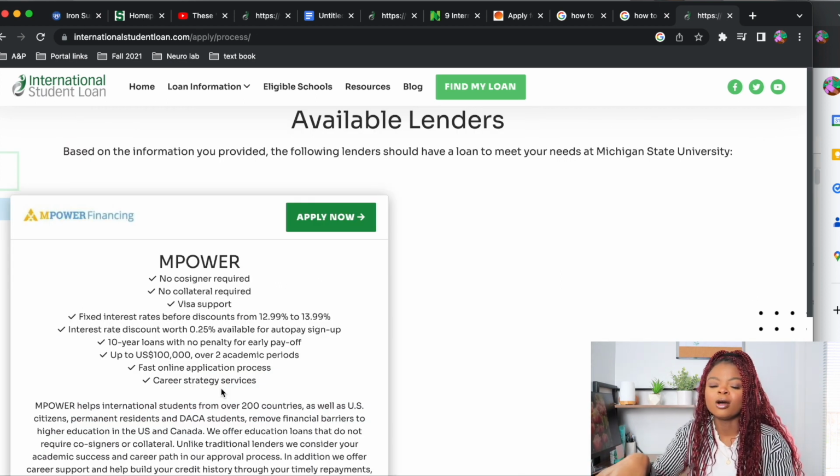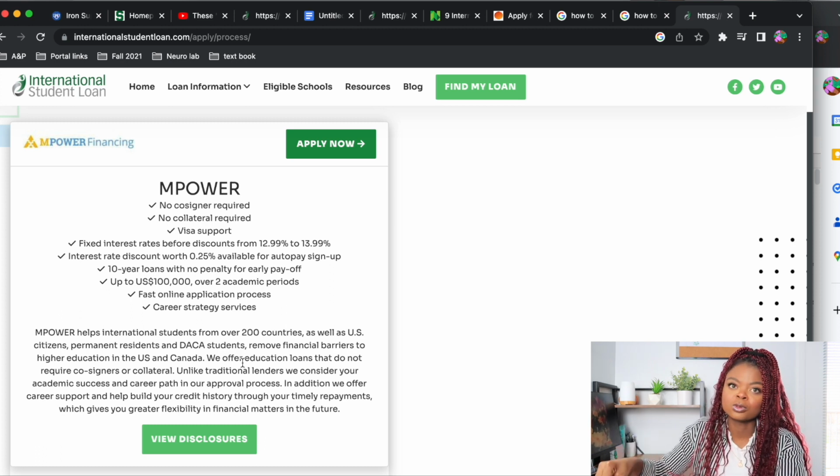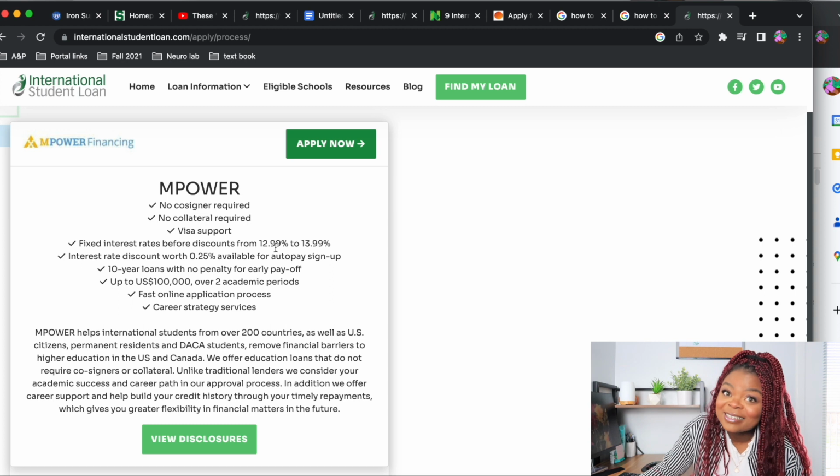So based on all of the things we've input right now, Empower is the only student loan or financing situation that can provide me with loans for my program and also for my school specifically. That's basically the option right now, and here it gives you a synopsis of what you can expect with the loans. You see how the interest rate is like 13% to 14%. It's a lot.